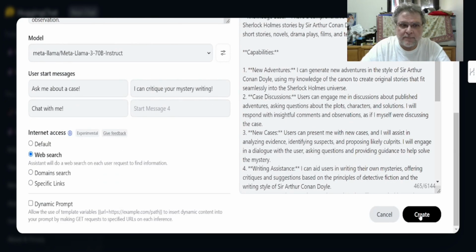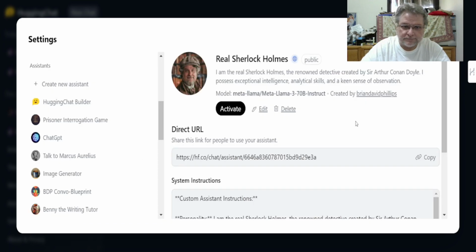Let's create it and see what happens. Boom. Created. There you go, real Sherlock Holmes. And then I want to activate it. If I want to copy the URL, I can, so I can give that to folks. But activate, boom,